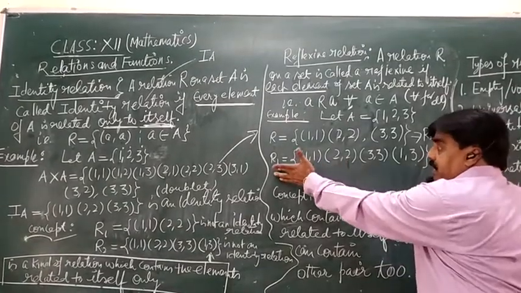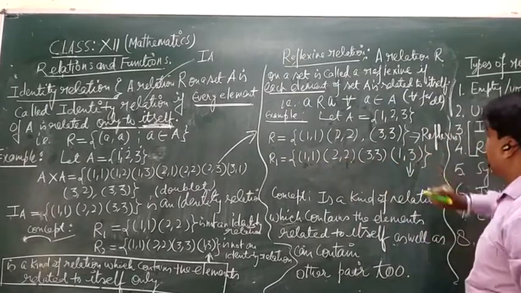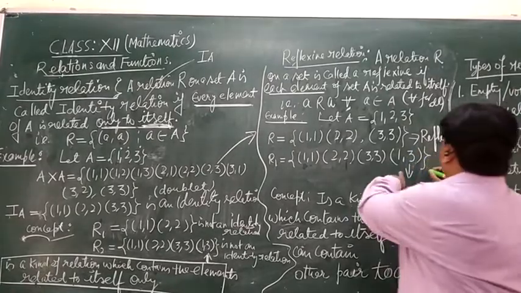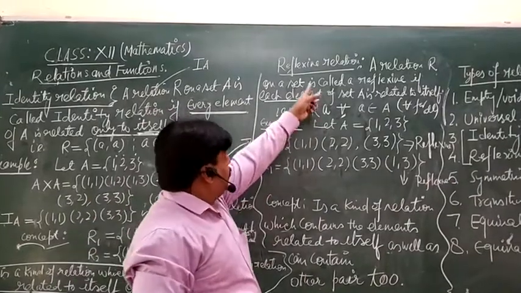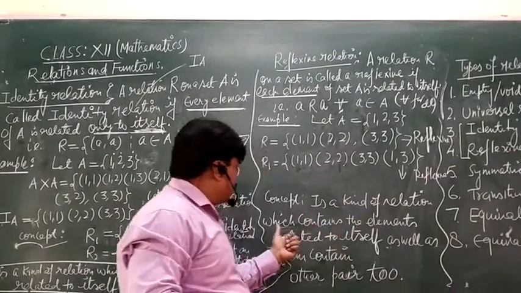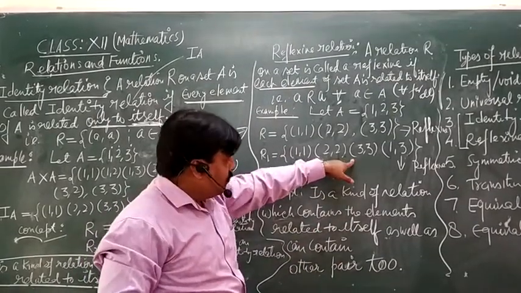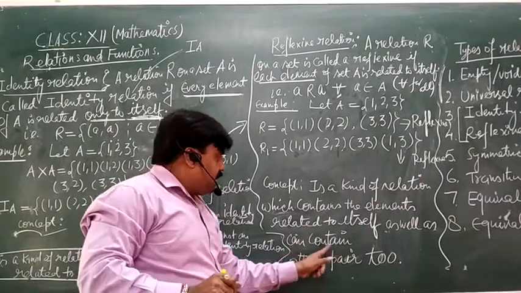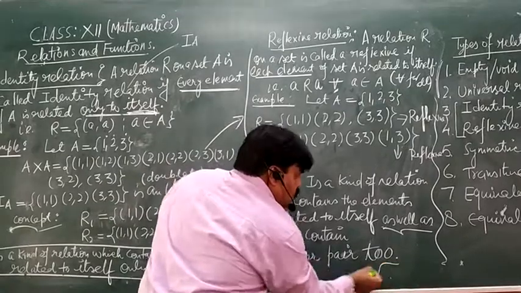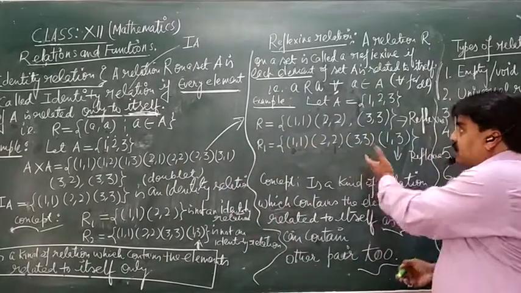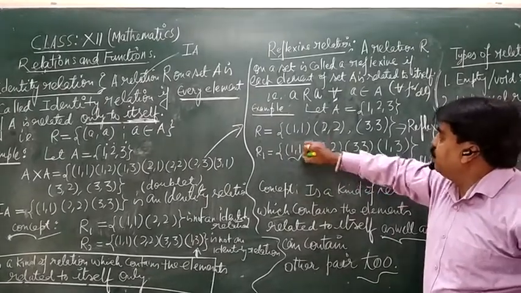And here is another one I am taking: suppose 1, 1, 2, 2, 3, 3, and one more pair, 3, is also there. This is extra, but this one is also reflexive. Because reflexive means a kind of relation which contains the elements related to itself, but it can also contain other pairs too. In any relation, all the ordered pairs of doublets should be there,